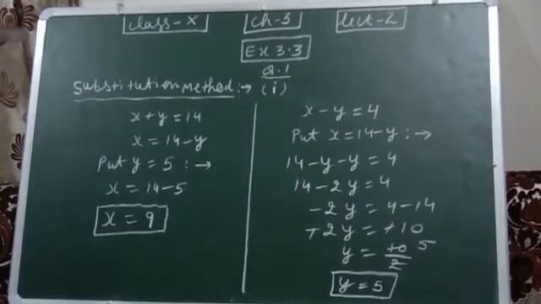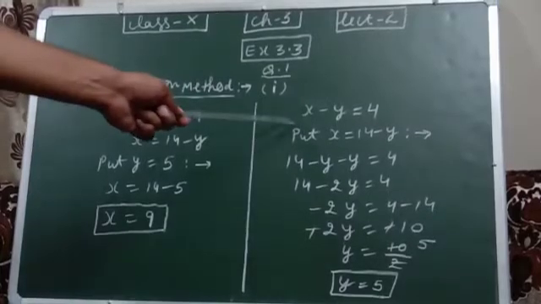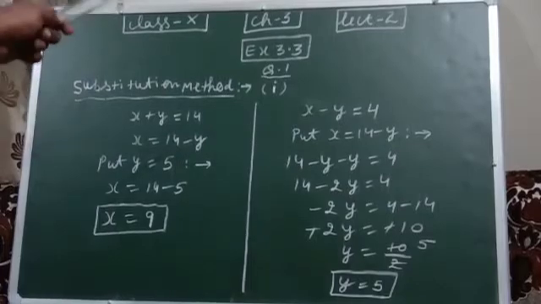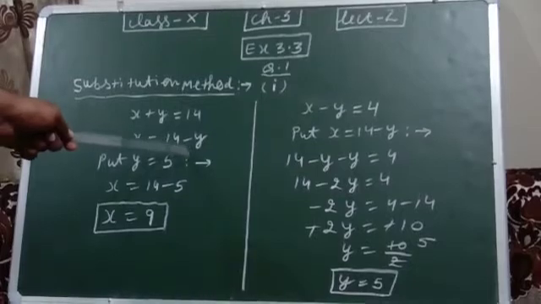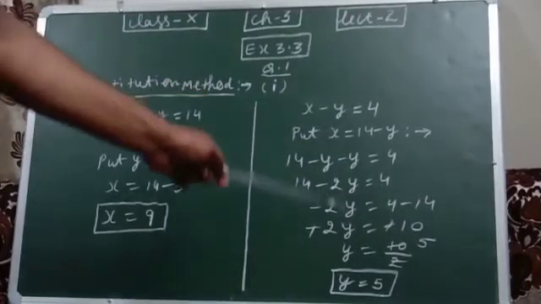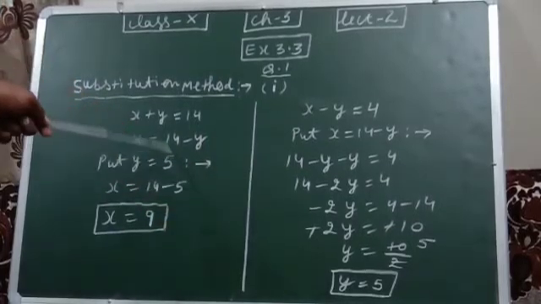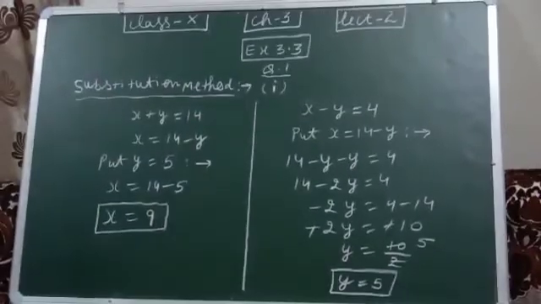Again we will see how we can solve the question by the substitution method. In every question you will have two equations. So we will find either the value of x or the value of y from the first equation. It is our choice. We find the value of x, this is 14 minus y. Then we put this 14 minus y in the second equation and solve. We will get the value of one variable. Then we put this value of y in this equation and get the value of the second variable also. So in this method we have two equations, and by putting the first in the second, then the second in the first, we can find the values of x and y.